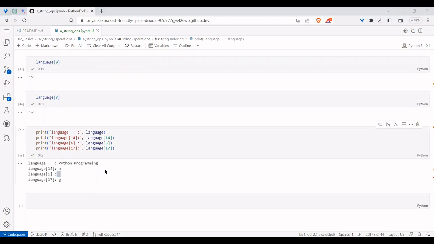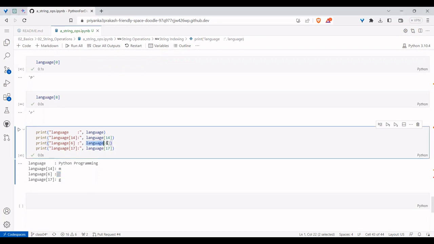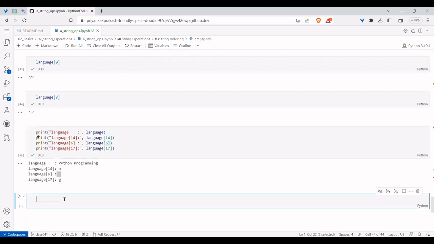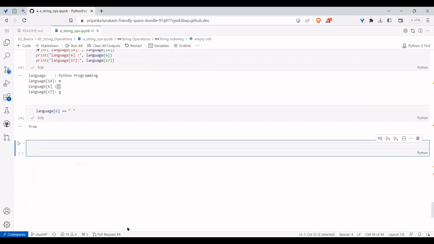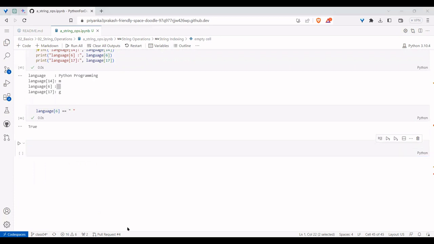And if you want to check whether it is equal or not, don't you remember that we have seen an operator called double equals? This double equals will tell you whether something is equal to the other or not. So when I compared like this, don't you understand that both are equal? Okay, now you understood this point also.